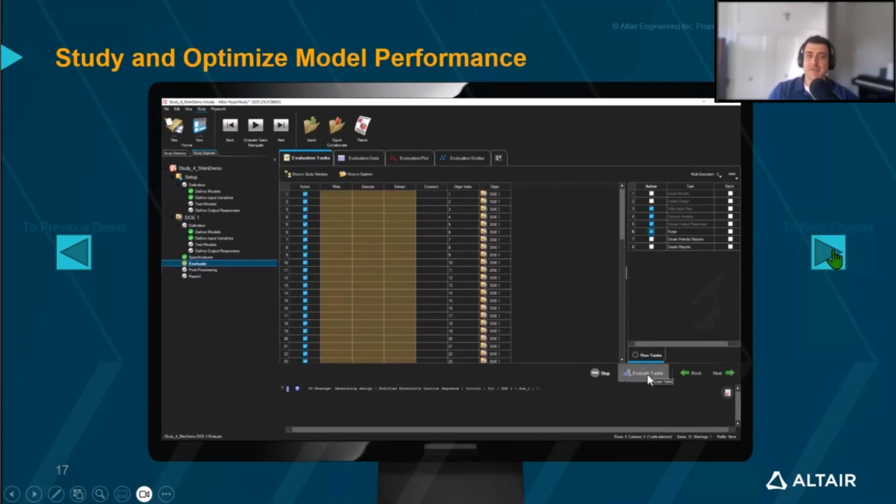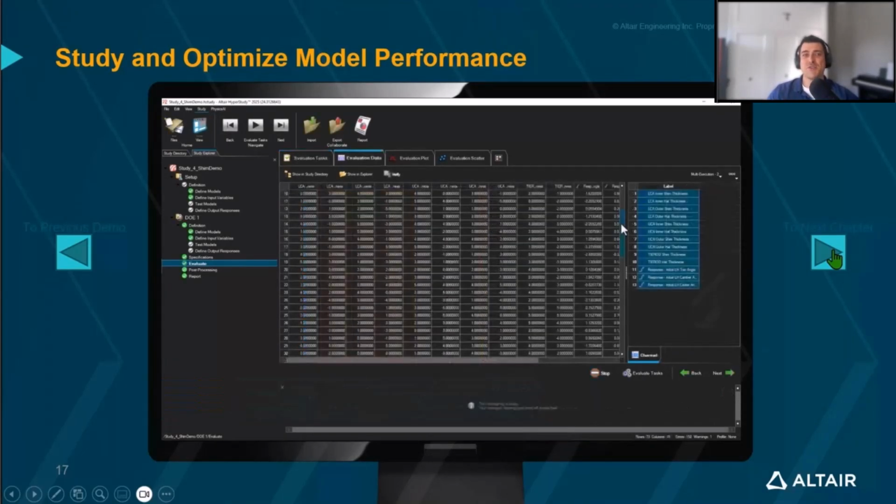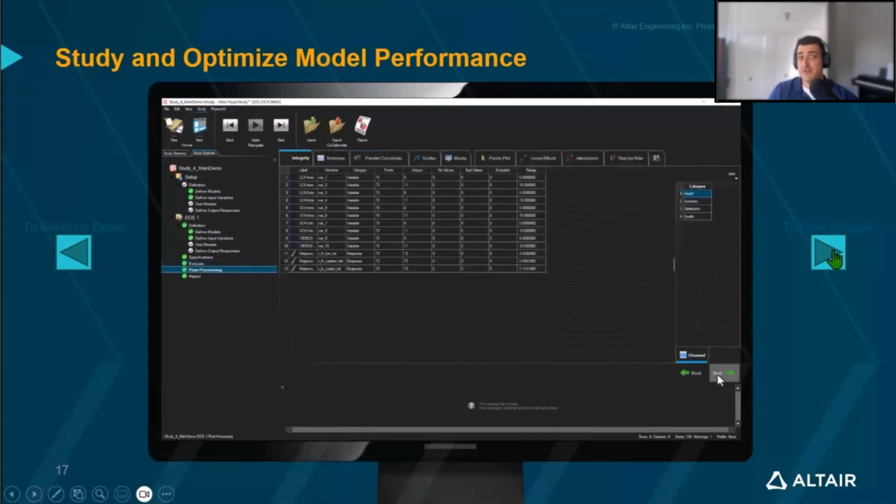Now we can accept this setup and evaluate the tasks. Now we're obviously not going to sit here and watch a full DOE solve. So once it's completed, you can review the results and visualize the data to draw meaningful conclusions from your HyperStudy